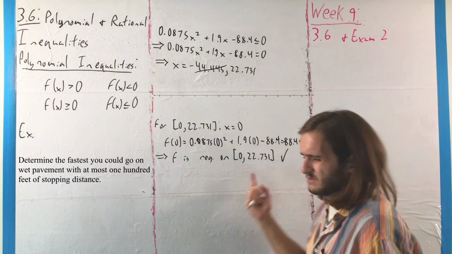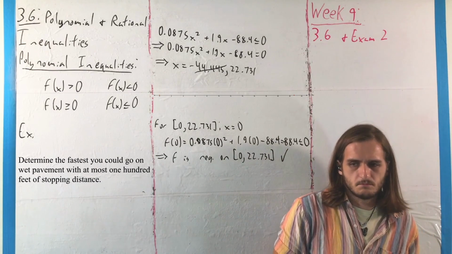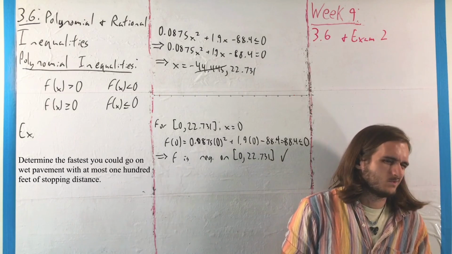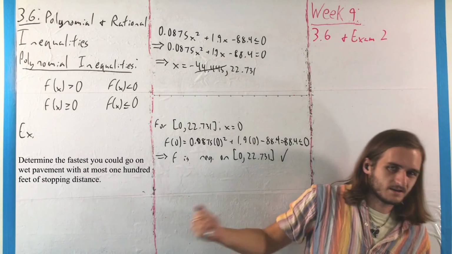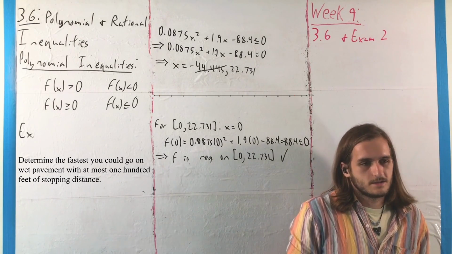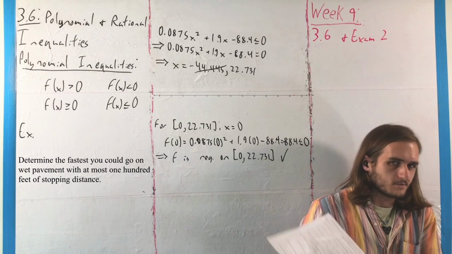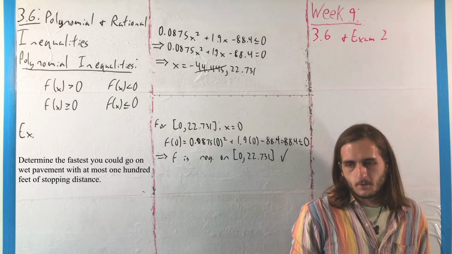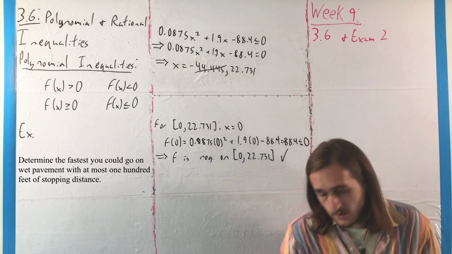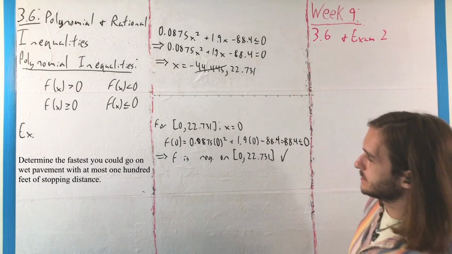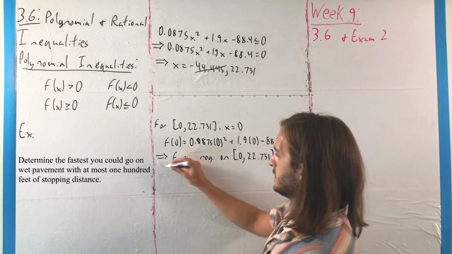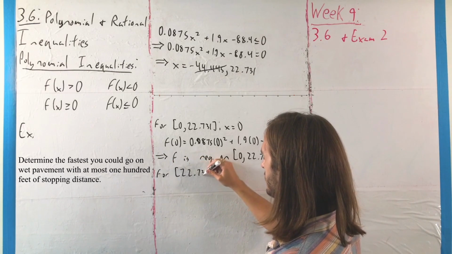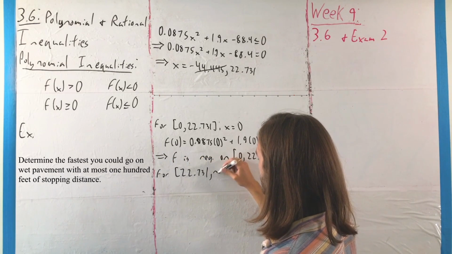And that should make sense, because remember 0 is an amount of miles per hour. It's kind of silly to think about it in this context. You wouldn't really include 0, but it kind of is included in here. That you're fine for being able to drive that fast with less than 100 feet of stopping distance in front of you. On the other hand, if we look at the other side, for the interval from 22.731 and beyond,